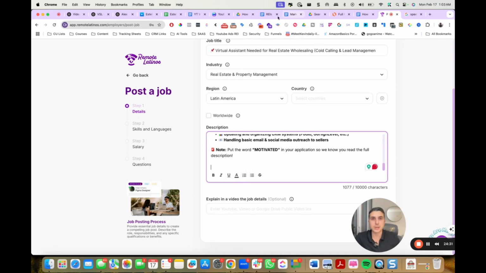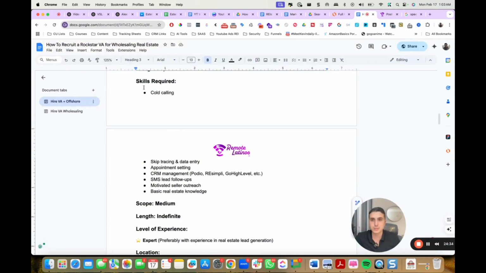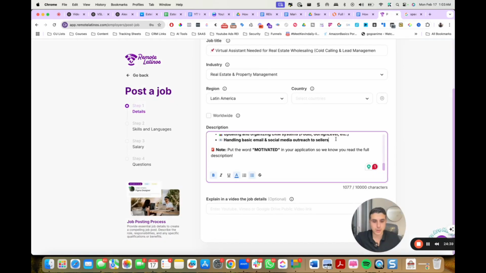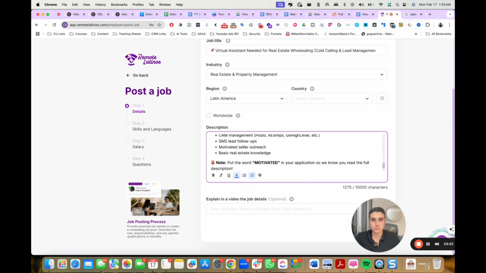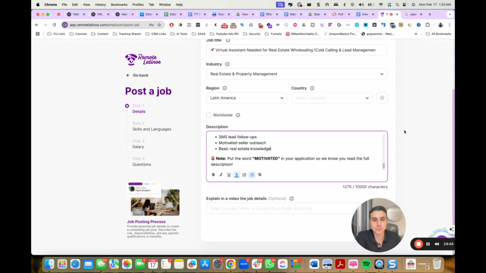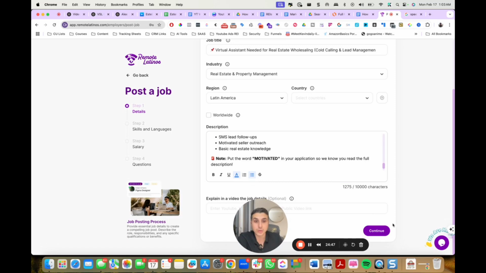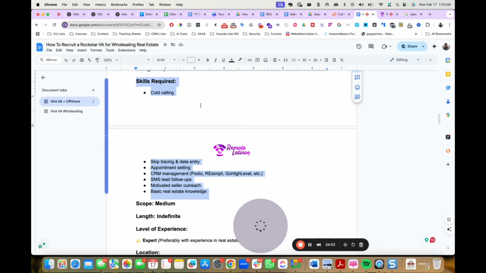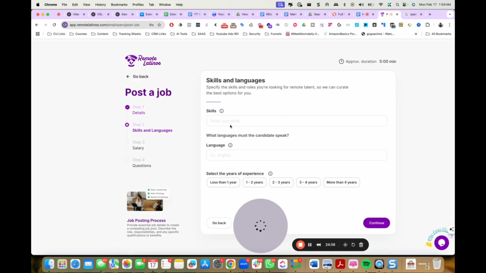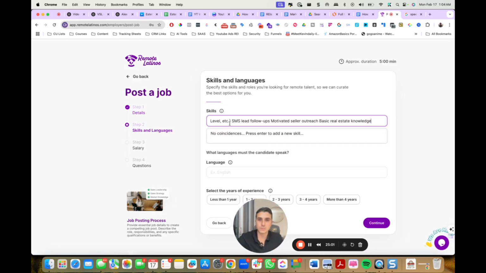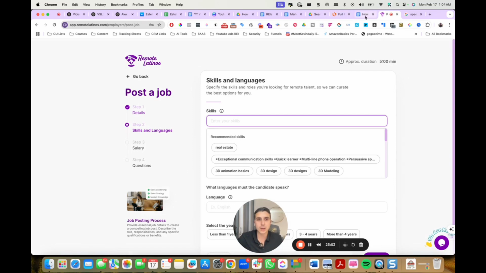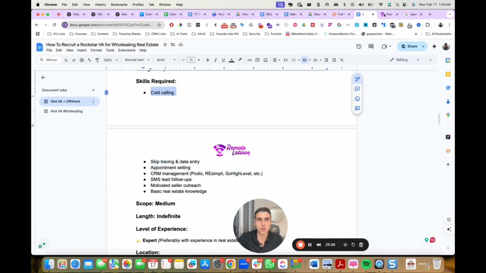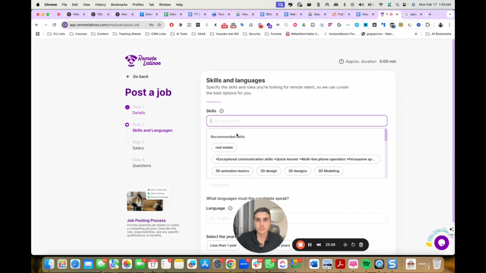Potentially, you want to be able to put in here the skills that are needed right in here, right below. And if you want to go just custom about it, depending on how you like to hire. All right, skills. So I'm gonna put in here the skills. Let's see if I can copy paste this list, and I'll be able to put in here. Nope. So let me just copy paste one by one. So cold calling, right in here, boom,